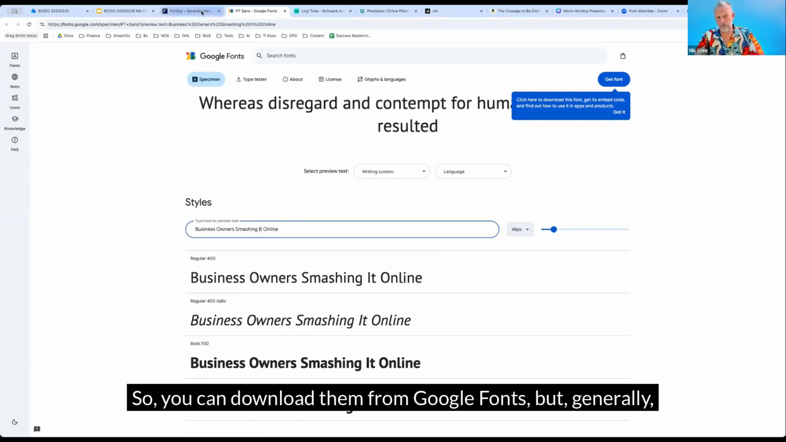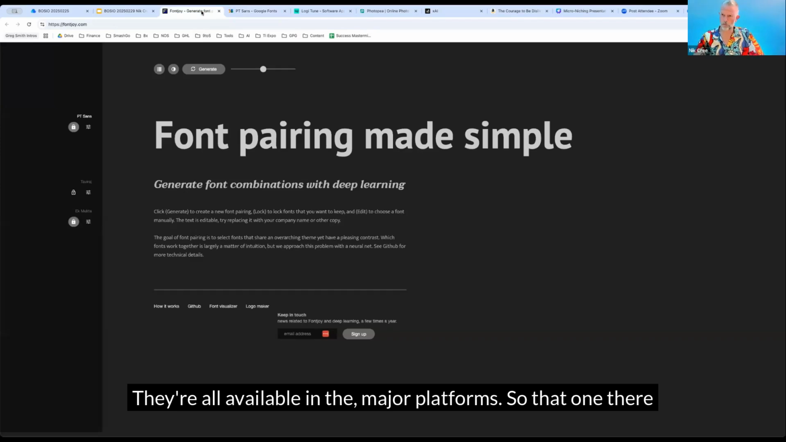So you can download them from Google Fonts, but generally you don't need to. They're all available in the major platforms. So that one there is called